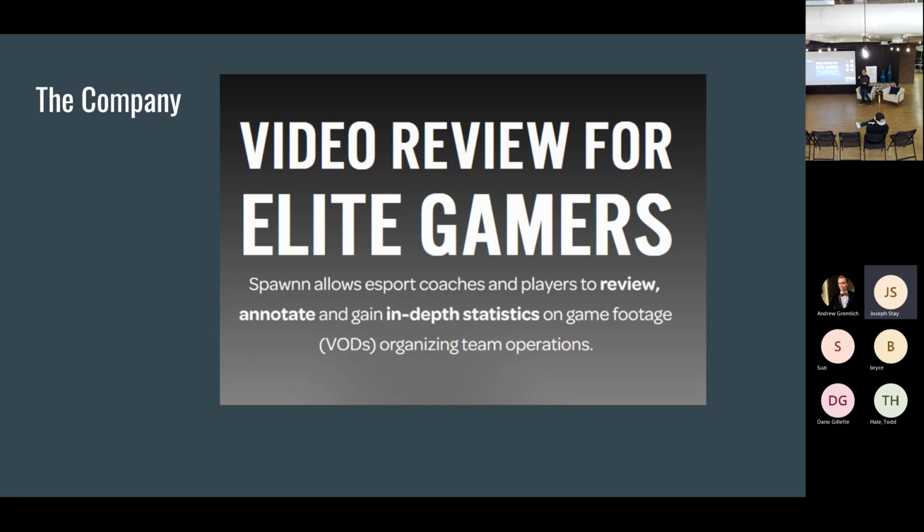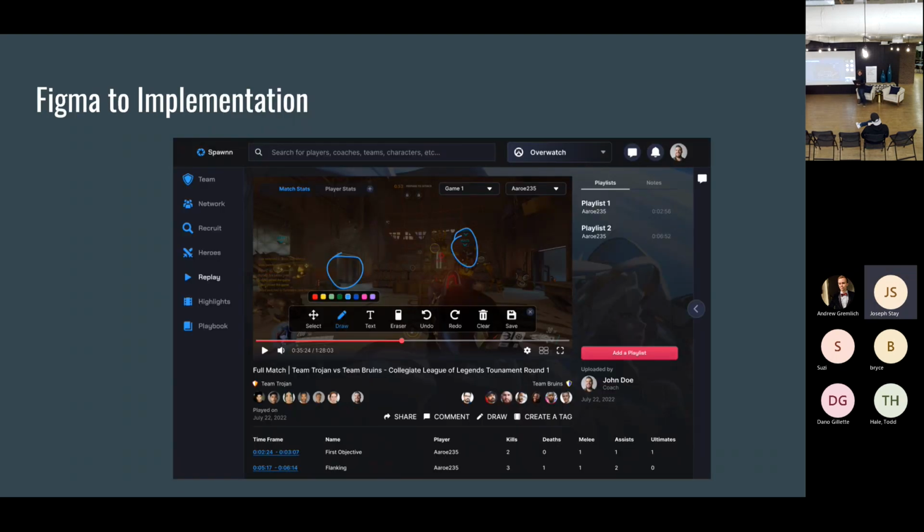It was me and 2 other front-end engineers, and then they had 2 back-end engineers, just completely from scratch. Their name was SpawnN, if you guys ever wanted to look them up. So first off was the Figma. The only thing that they gave us was a Figma to work off of, which is great for front end, but for back end, they had to figure out a lot more.